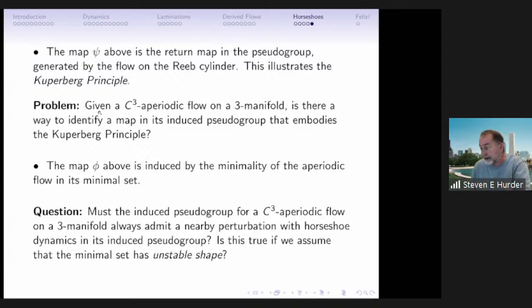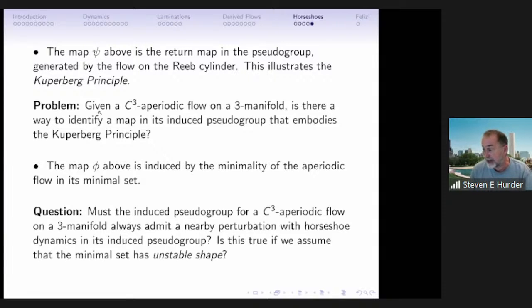I can't tell you how that relates, but again, it somehow suggests that C3 is a barrier. So can you turn it around and use C3 to show that near an aperiodic flow, you must have horseshoes, which would be, I think, an interesting statement about what's going on in this world of dynamics. Or if you want to give yourself more, you can bring up the unstable shape property,